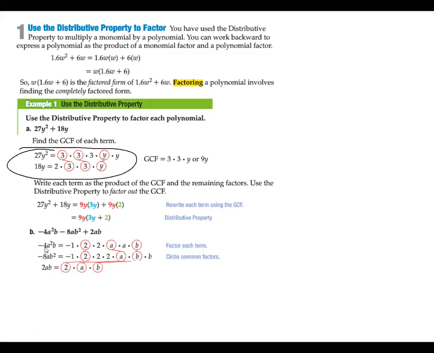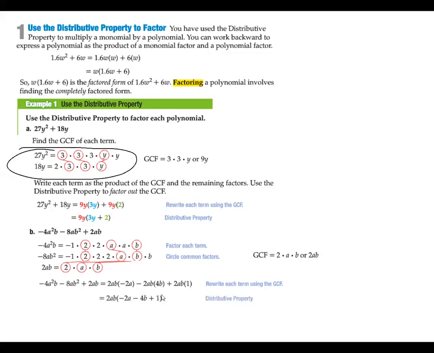Okay, so the 4a squared b, the 9ab squared, and the 2ab, if you write it in their factored form, you can see that they all have a factor of at least 2, at least a factor of a, and at least a factor of b. So the greatest common factor is going to be 2ab. So I can write each term as the product of 2ab and what would be left over. So 2ab times -2a, 2ab times 4b, 2ab times, well, this one you would have times 1,